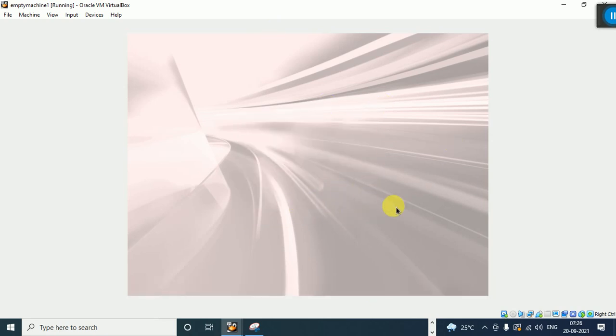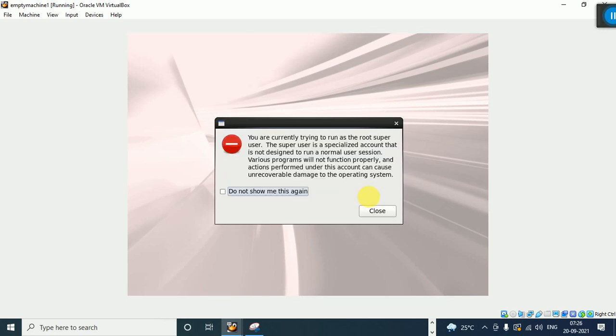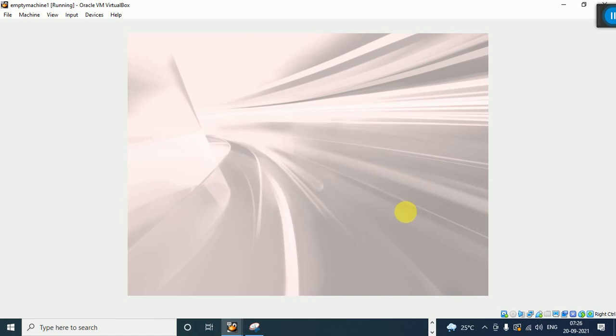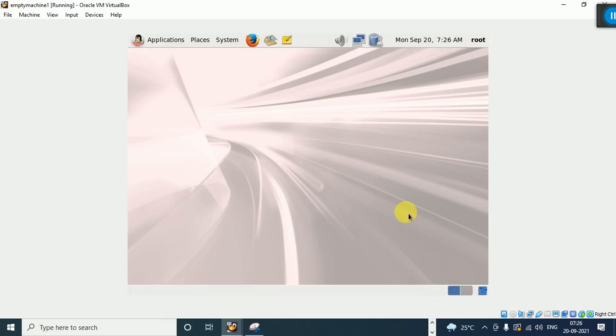This is how we log into any Linux server, whether it is CentOS, RHEL, Oracle Linux, or anything else. After installation, we get a super user account, the root account.